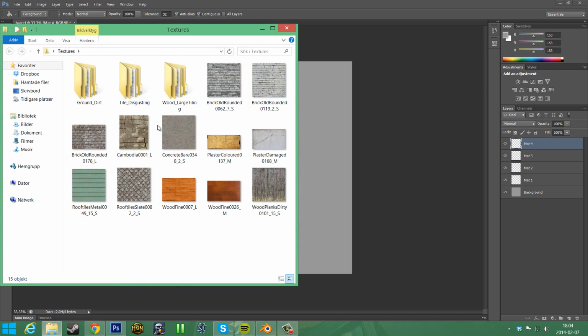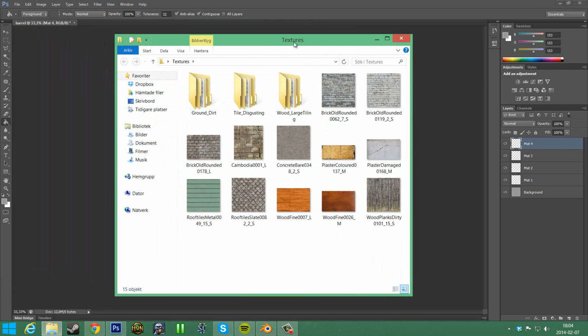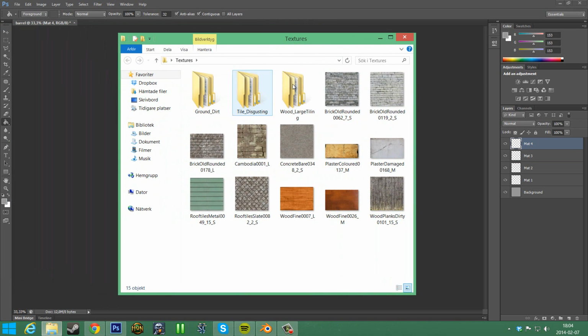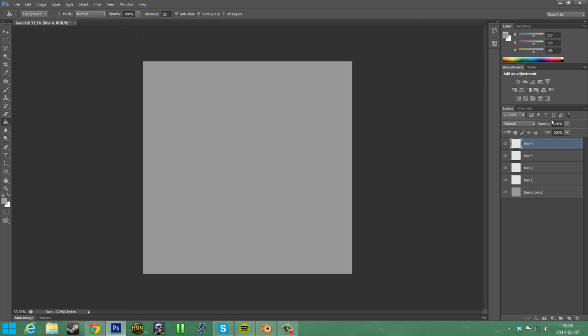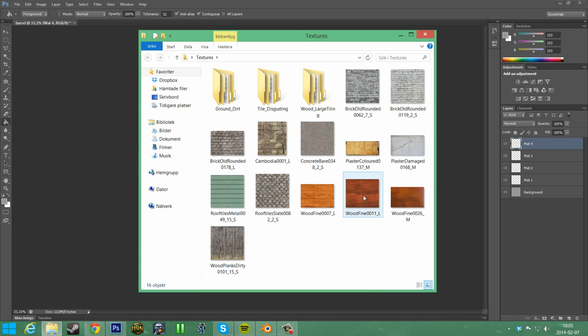So I have some textures here. You can just get these textures from CG Textures. It is a very good site. You get free textures here, so it's really good. So yeah, just go in there and take the textures you want. Okay, so yeah, just get some textures in there. So here we have